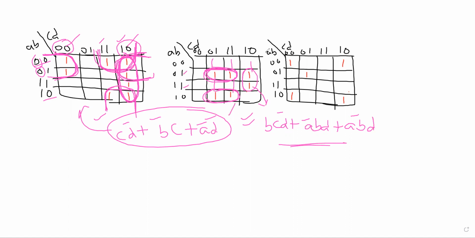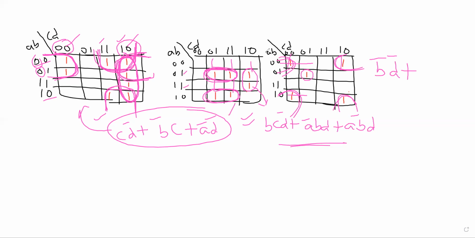Okay, now we will see this one. Now if you observe that we can easily form a quad with the corners, and for this we can't do anything, therefore it is an isolated one. There is no chance of a pair, there is no chance of a quad, octet, whatever it may be. First of all, we will see this corners group. How many rows are there? One, two rows are there. Which one is common? B bar is common. How many columns are there? Two columns are there. Which one is common? D bar is common. B bar into D bar.